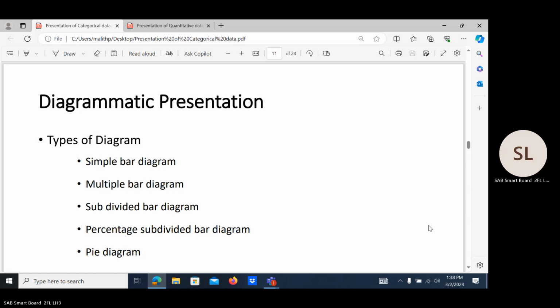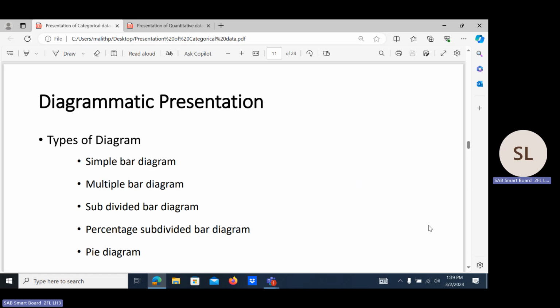Then the diagram refers to various types of devices. What are they? We can use bars, we can use circles, we can use maps, we can use pictures. These are the types of diagram. What are the types of diagram? Simple bar diagram, multiple bar diagram, subdivided bar diagram, percentage subdivided bar diagram, pie diagram. These are the diagrams. In the descriptive statistic part, when we need to do the descriptive analysis,